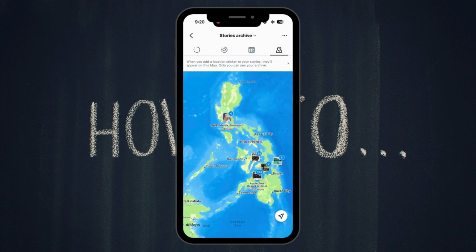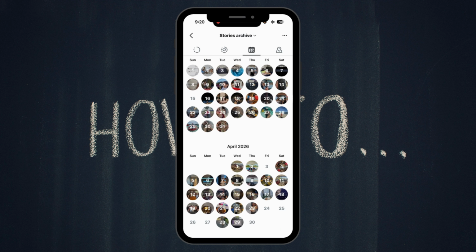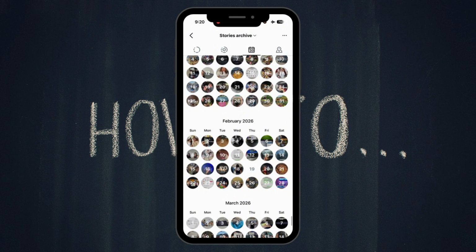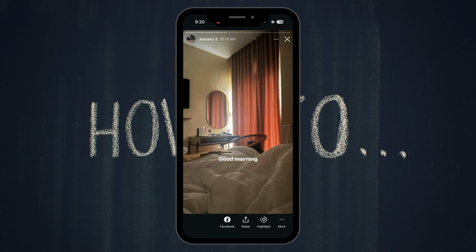So to save a memory, open any story memory you want to keep. For example, I'm going to click on the calendar button and pick one from my old stories. So for example, this one. So to save this story or this memory, I'm just going to click on the three dots or the more